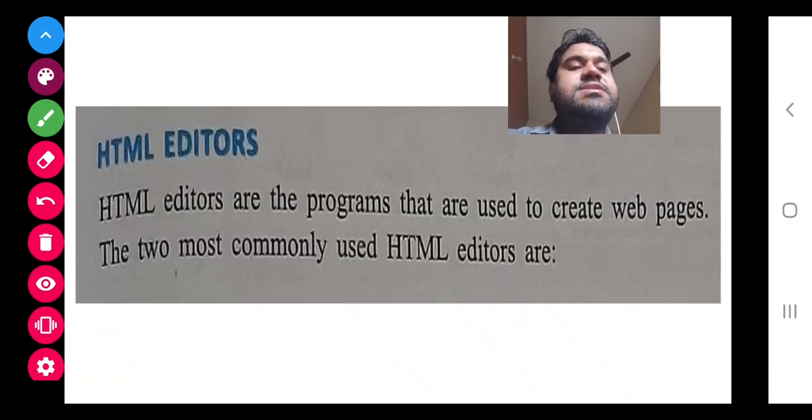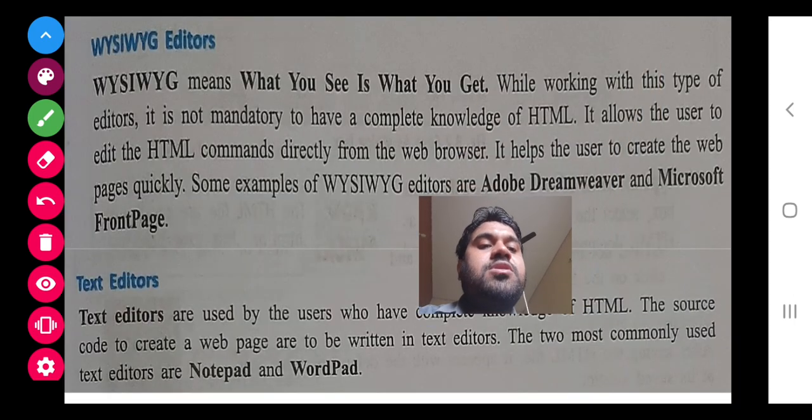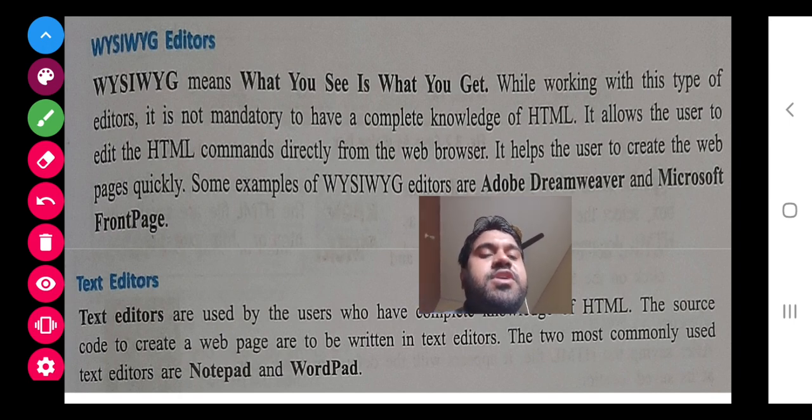Now the text editor. The text editors that we mostly use are Notepad, WordPad, MS Word, but the best is Notepad, because it is simple, you just have to write the code and it will appear. There are two types of text editor. One is what you see is what you get, like Dreamweaver and Microsoft FrontPage. Whatever formatting you give, the same result will come in a browser.